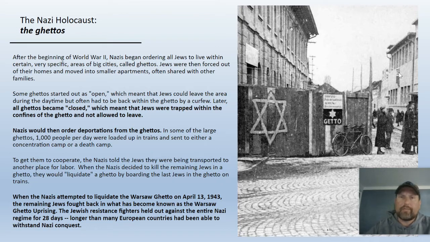So ghettos, we think of as a word today to kind of mean like a rough area of town, right? The hood. Literally, the modern birth of the word ghetto comes to us from the Holocaust, where the Jews are forced to live in excluded, locked down neighborhoods, and they're trapped within the confines of their ghetto. They're not allowed to leave. And now they're rounded up to be sent to a concentration camp, or perhaps worse yet, a death camp. The Jews are easily distinguishable, right? Located,